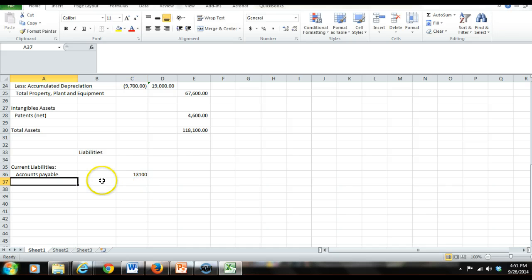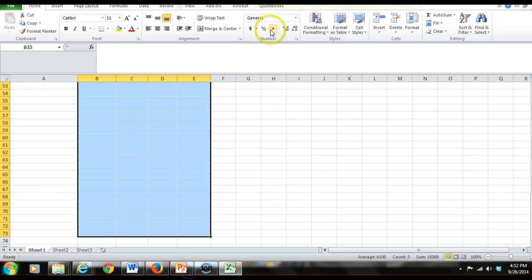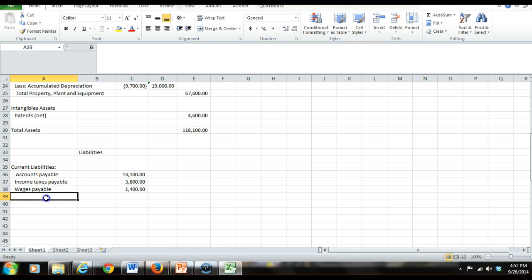And then after that, this is when we'll deal with our income taxes payable of $3,800, and then our wages payable of $1,400. So after we have completed that section, we will total our current liabilities